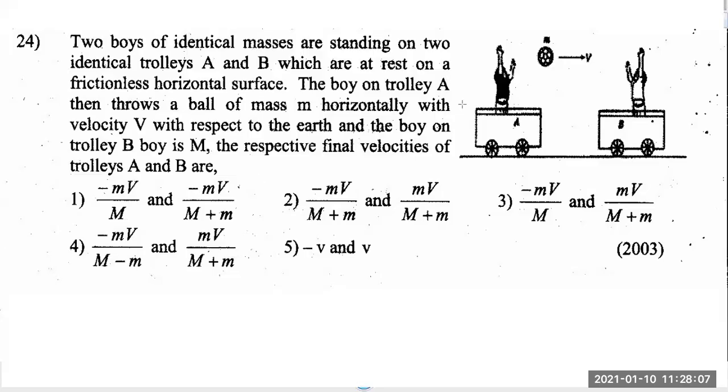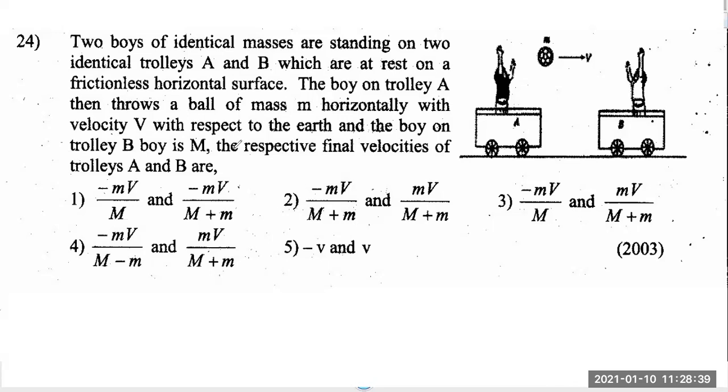The next question is from 2003, and let's see what it says. Two boys of identical masses are standing on two identical trolleys, A and B, which are at rest on a frictionless horizontal surface. So this is a smooth surface, no friction here. The boy on trolley A then throws a ball of mass m horizontally with velocity v with respect to the earth, and the boy on trolley B is